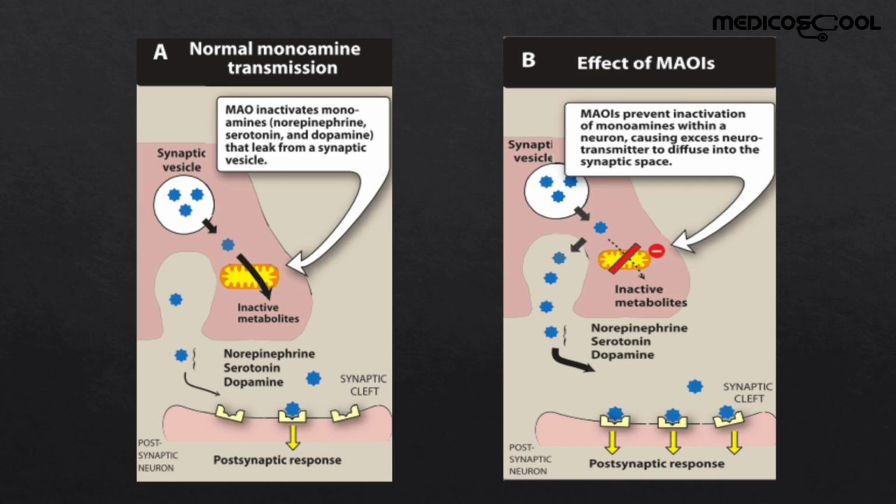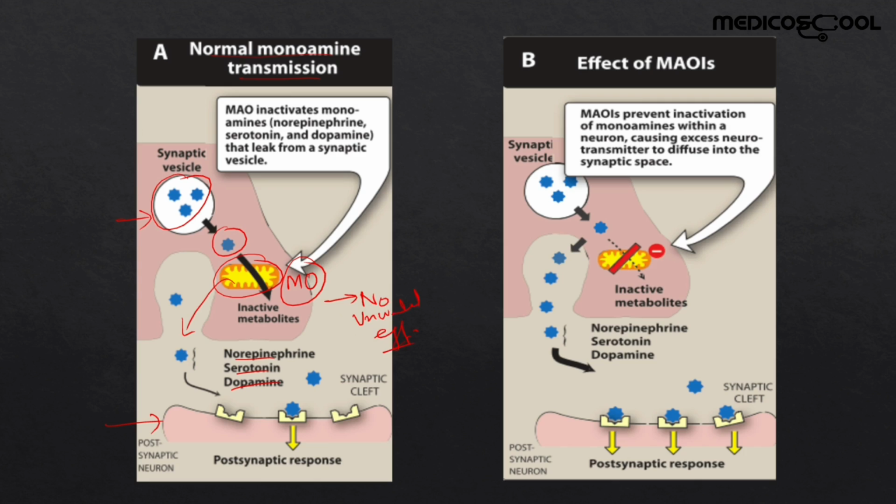Now let's study it in the diagram. This is the normal monoamine transmission. This is the presynaptic neuron, and this is the postsynaptic neuron. These are vesicles, and this is a mitochondrion containing monoamine oxidase. In normal conditions, excess neurotransmitters are degraded by the monoamine oxidase present in the mitochondria, and they are not redirected to the synaptic cleft, and there are no unwanted